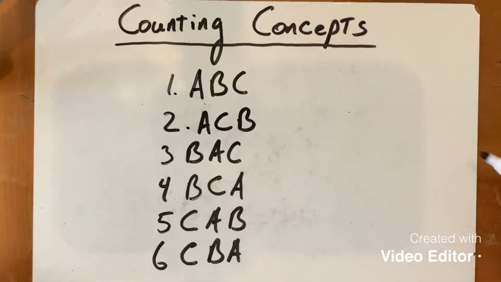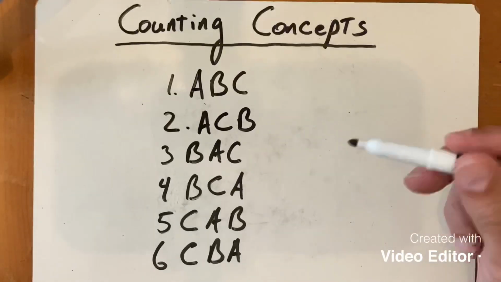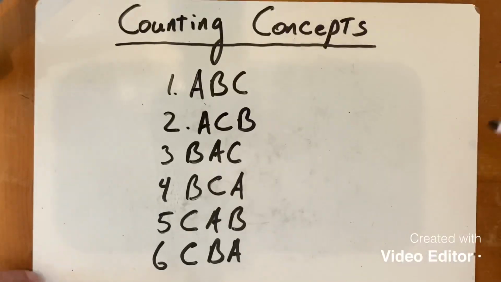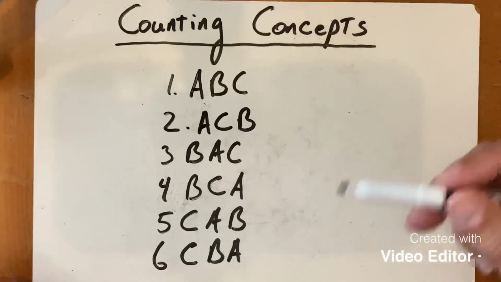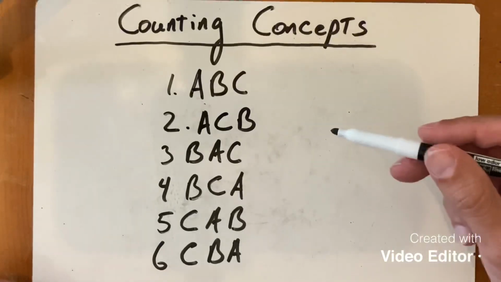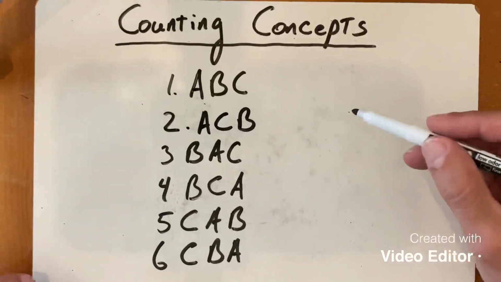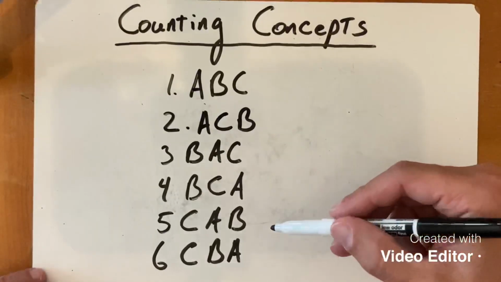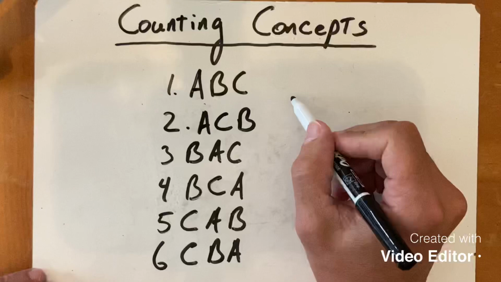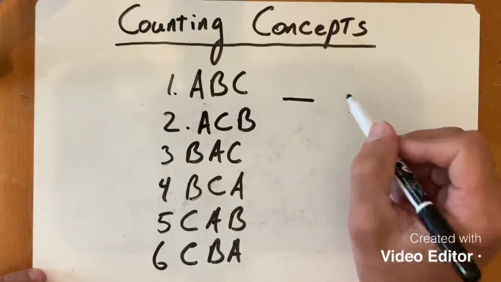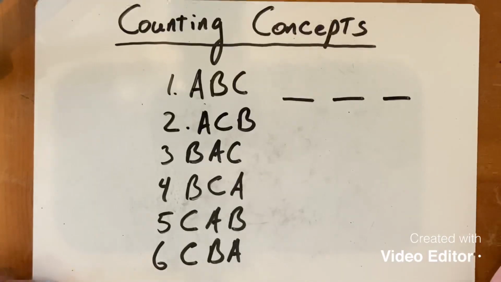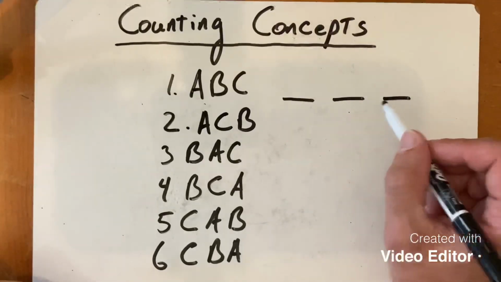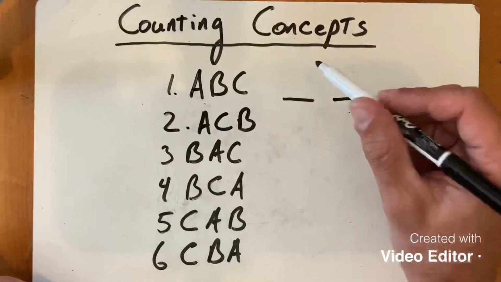The fundamental counting principle says that how many items you have to choose from is going to determine how you fill each slot. We notice we have 6 here. So let's say we wanted to put these into spaces here. If I've got 3 available spaces to put these letters in,